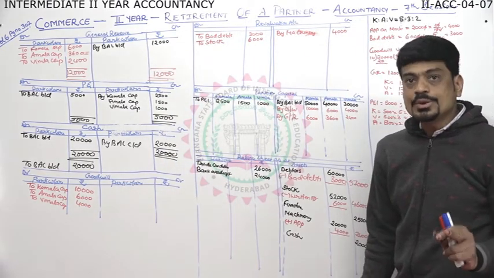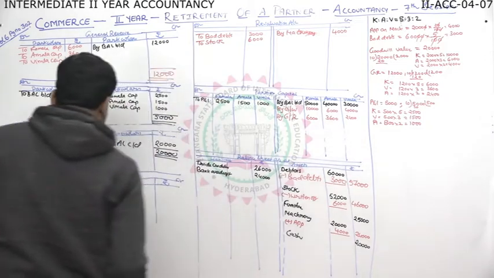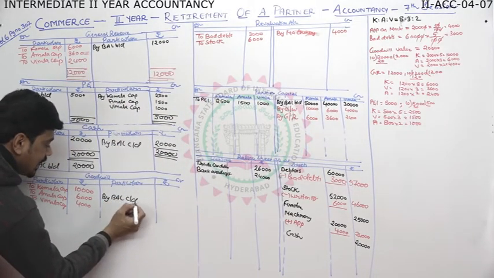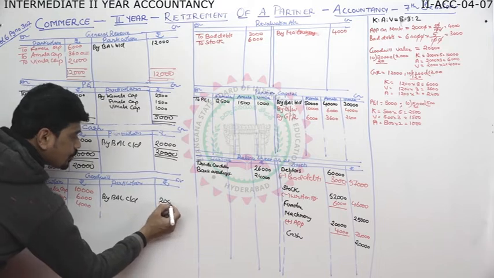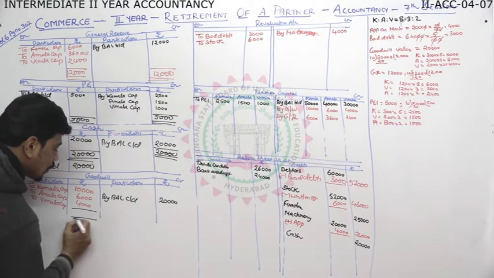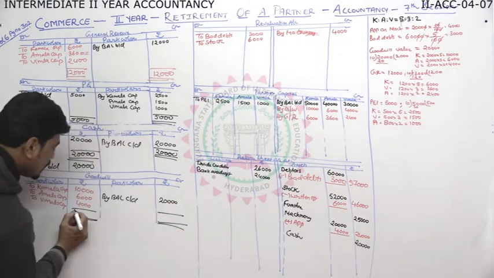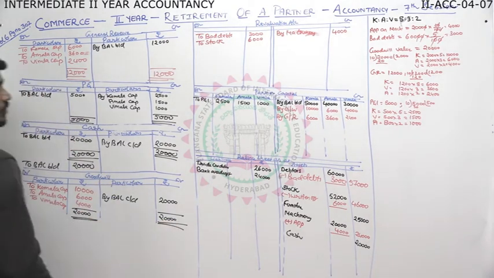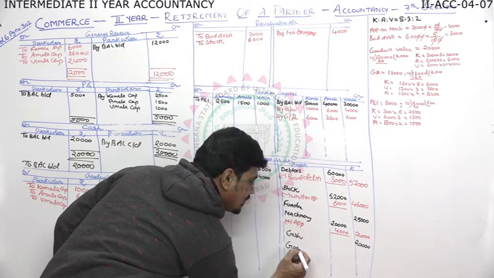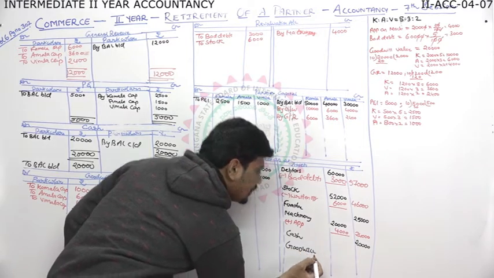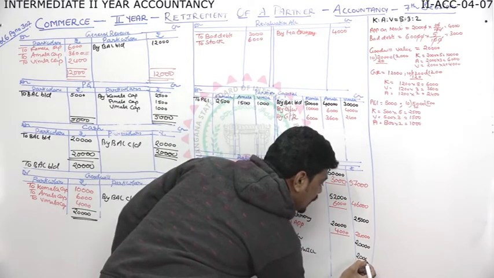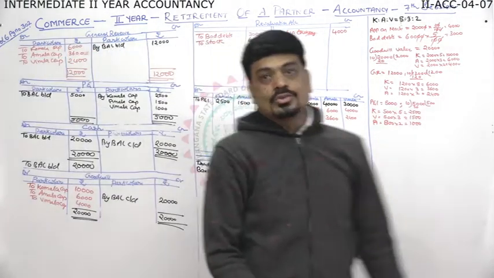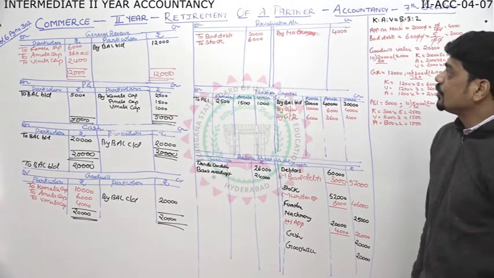Goodwill is valued. I told you when it is valued, the balance will go to balance sheet. So by balance carried down, goodwill was 20,000. So close with 20,000. Now this goodwill I'll transfer as asset. Goodwill is valued 20,000. Right? Now revaluation account. If you see revaluation account,